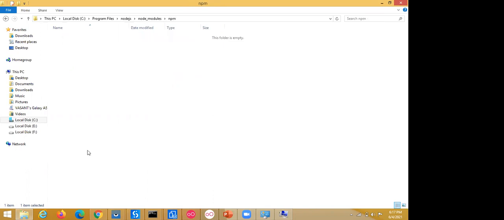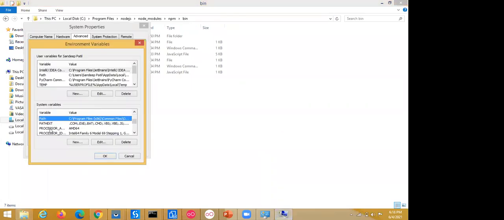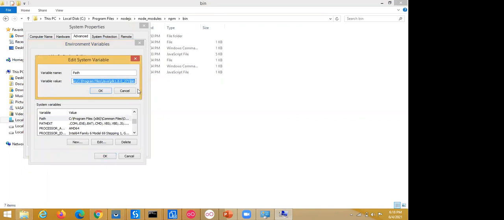That's why we need to set up this npm also. Here is your Windows command npm. So just copy this path and go to the Path section. Click on edit, go to the end, enter the semicolon and paste and click on OK.